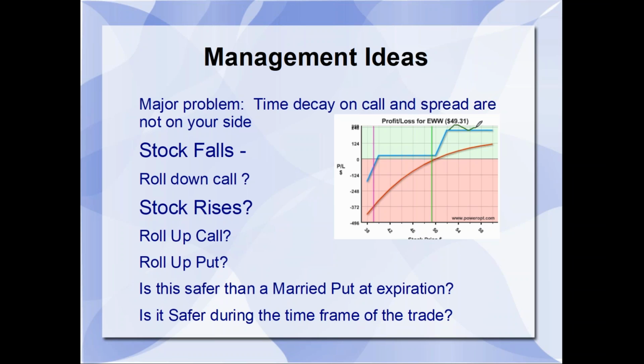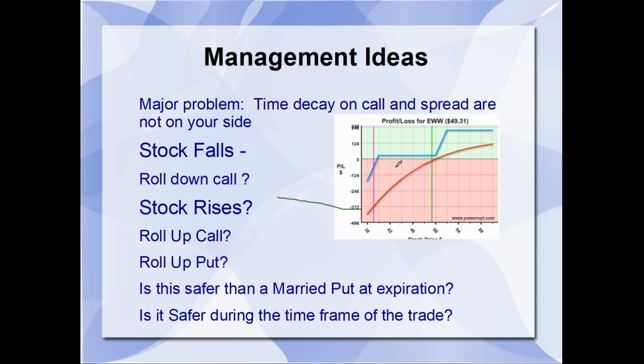If your goal was to manage the position, or you're thinking about managing because you want to make more than this if it moves up, hopefully, or you want to try to protect this more, Rajiv brings up a comment I was going to get to in a moment: why would you do this long-term trade anyway? If you're looking for management, maybe you should just be buying this far out in time, put as a structure, and then selling near term against it and rolling the call or making other adjustments as it goes forward. Okay? Is this safer than a married put, a straightforward married put or collar at expiration?